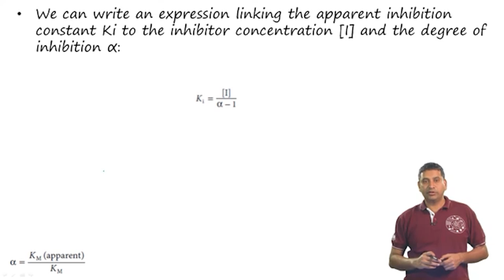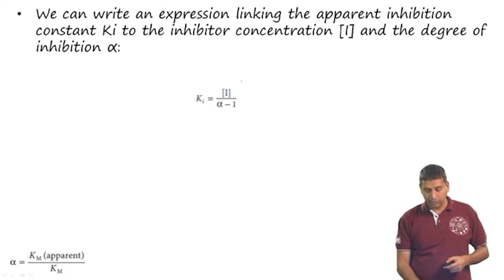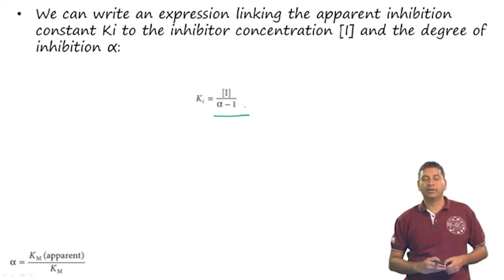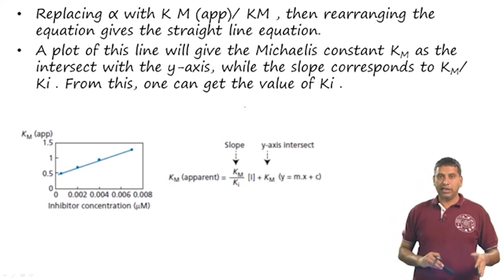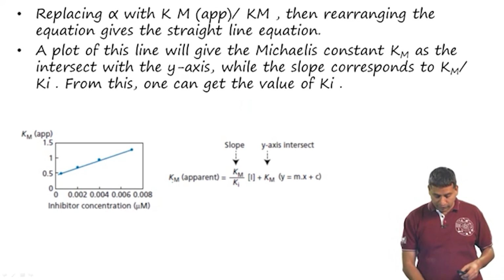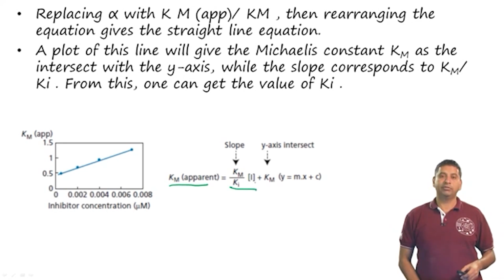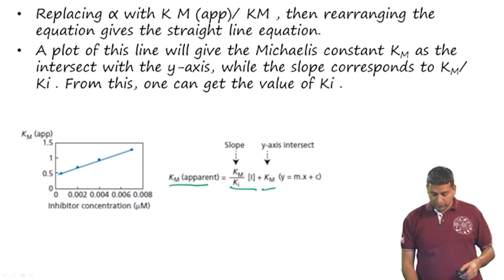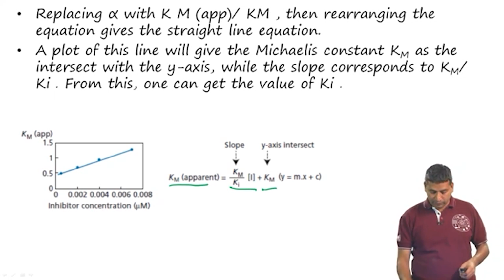So, we can write an expression Ki is equal to concentration of I, which is the inhibitor, divided by alpha minus 1, and alpha, as we recall, is the degree of inhibition. Now, replacing alpha with Km apparent by Km and then rearranging the equation gives us a straight line equation. The straight line equation is nothing but Km apparent equals Km by Ki times concentration of I plus Km. So, if we were to plot Km apparent